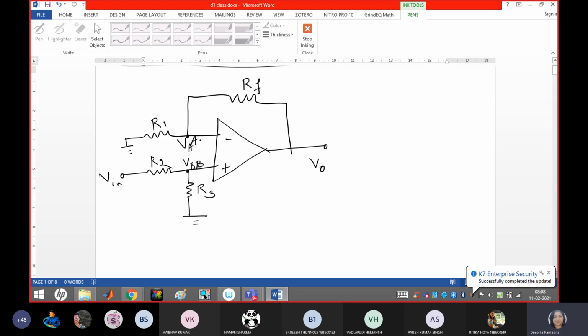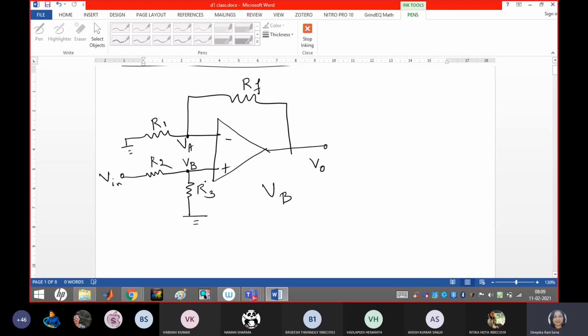Now before proceeding to the output voltage equation, what is the applied input voltage for this circuit? Guys, here you have to see carefully because this type of configuration will come very often while solving equations. Vin is not the applied input voltage for this op-amp. What is the applied input voltage? It is VB. Ma'am, VAA and VBB. No, not VBB, what I told earlier. This is just node B and this is just node A. So the voltage at node B is VB and at node A is VA.